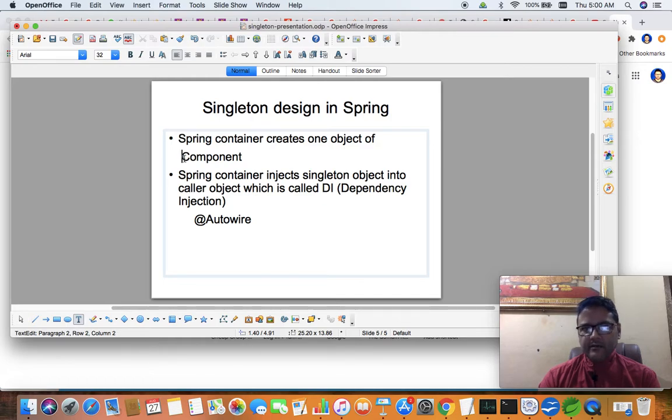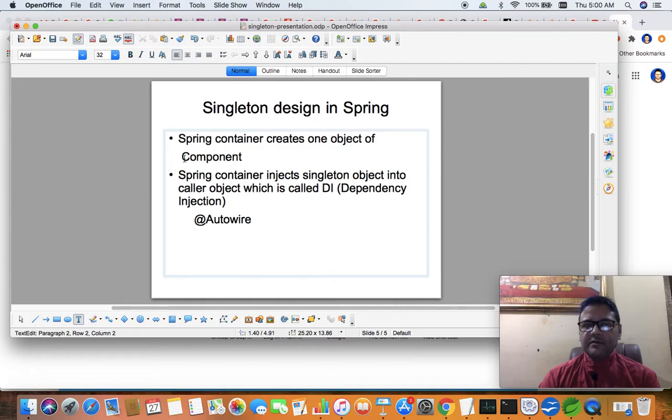We already have a discussion on annotations also. Here we are using the Spring annotation, which is available from the Spring framework. So @Component is an annotation which you can use with a class present inside our Spring application.